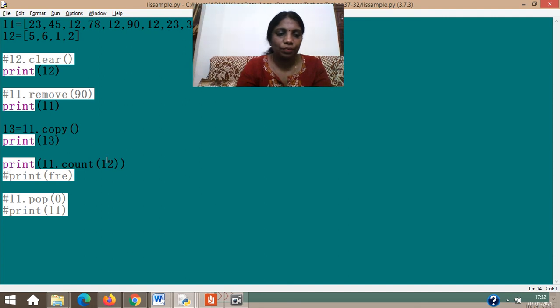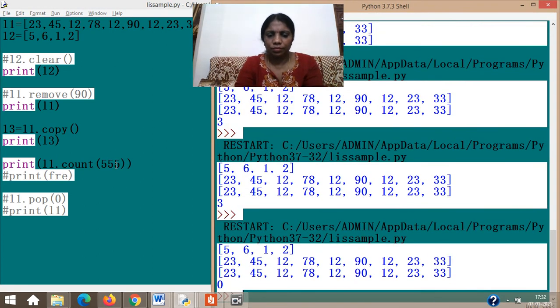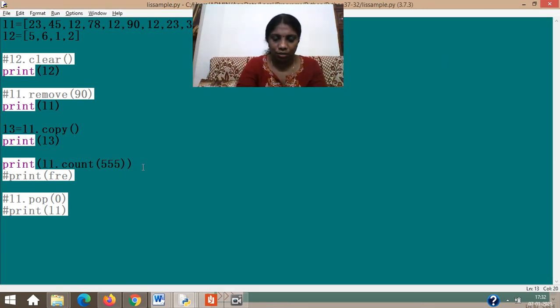Now imagine I'm giving something which is not there. This is not there, right? So it will give you 0 only. No error should come because 555 is a number which is not existing in the list. So definitely it should give you that 0. So understand when and where the error and all is coming by trying it out by yourself. Trying it out by yourself is very important. So count is also fixed here. So count keeps a track of the occurrences.